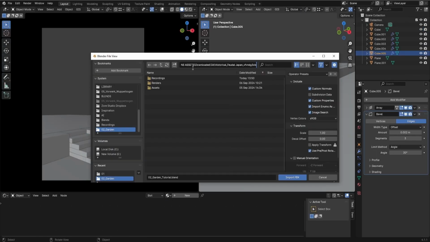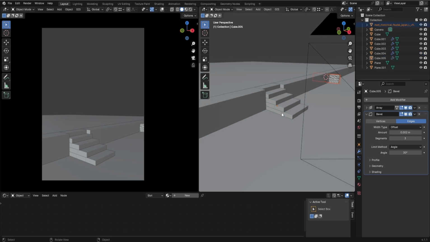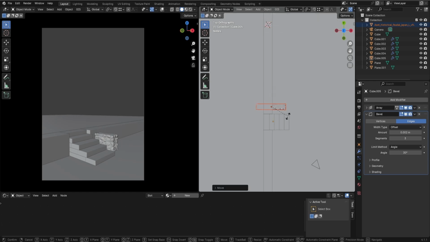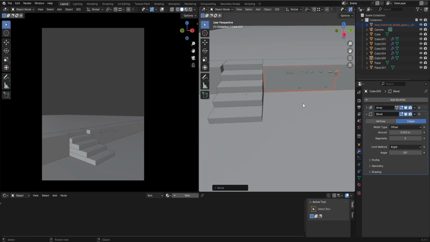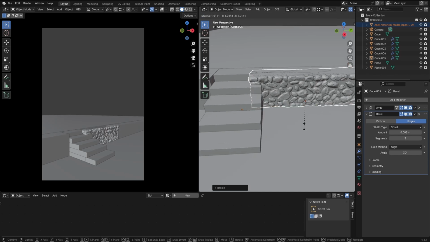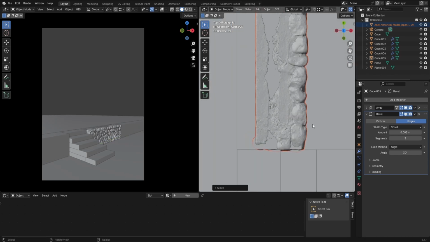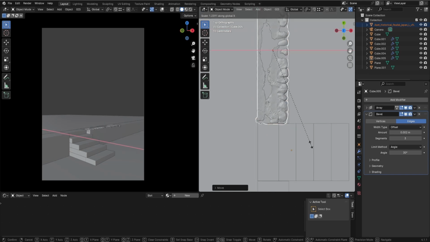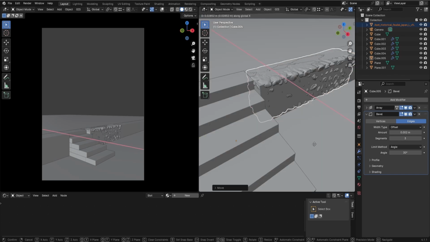Now that we have our rock wall model, let's import it to the scene and place it instead of our block placeholder. As you can see, the model is a bit smaller than what we need, that's why I have scaled it a bit to fit better. While you can scale this type of models, you also have to be careful not to overdo it, because if the scale differs much from the real world scale compared to the other objects in the image, like trees, bushes, etc., our eyes will easily pick it up